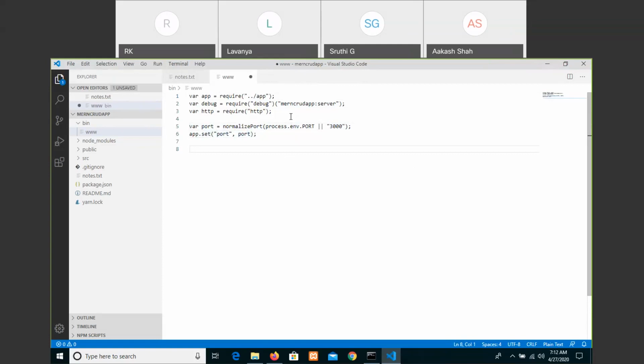Then now you have to create a server. To create a server, var server equals http.createServer.